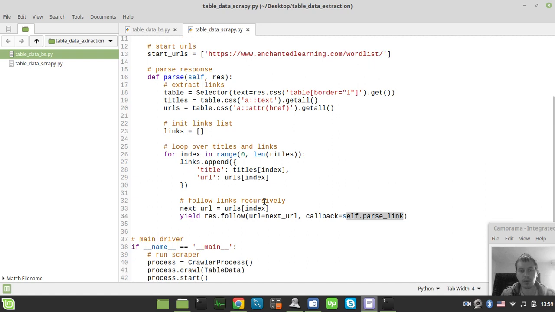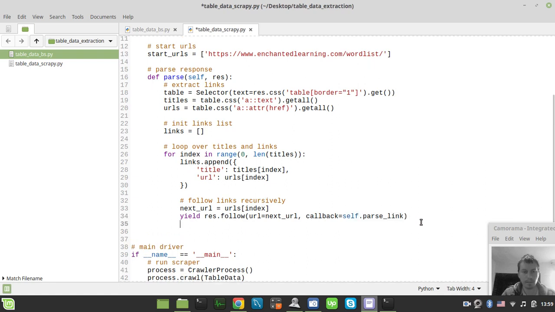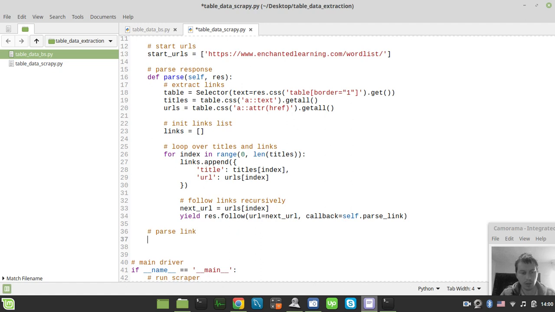This method should be fired on success. So parse link, and def parse_link. Again, it takes the self instance as the first argument, followed by the response object, and